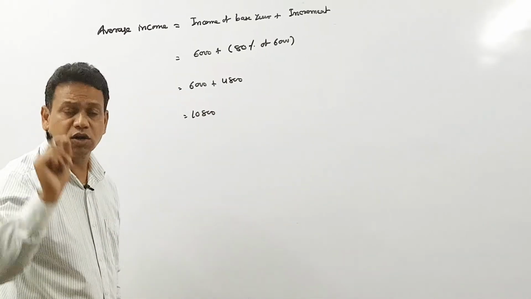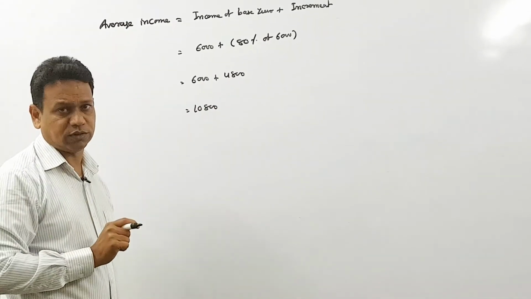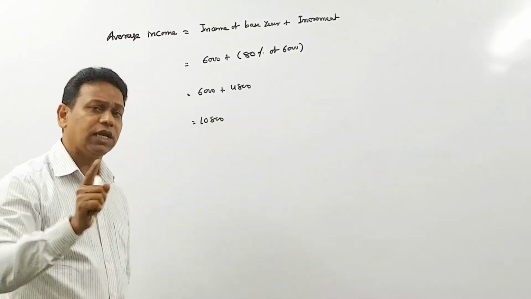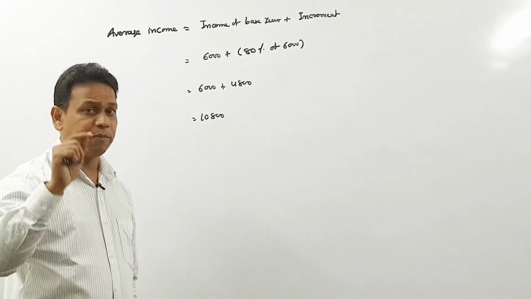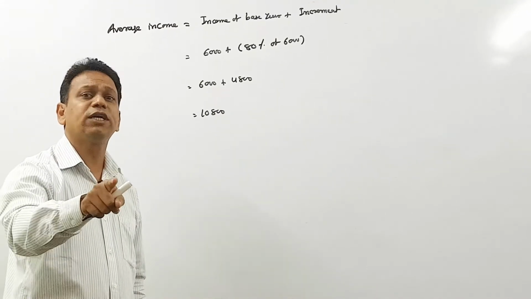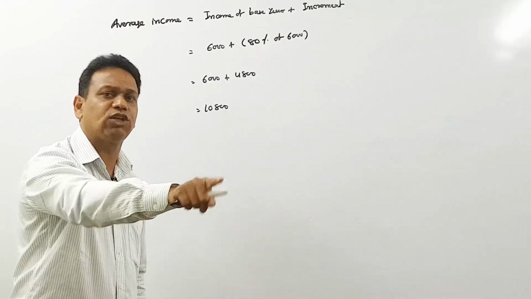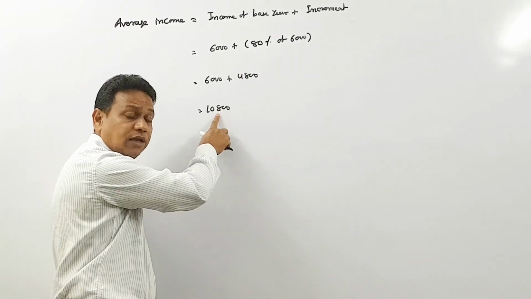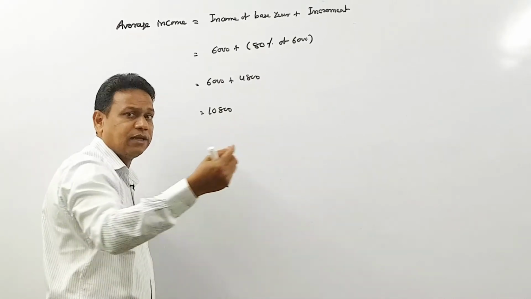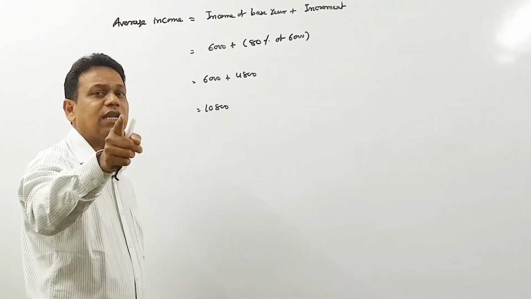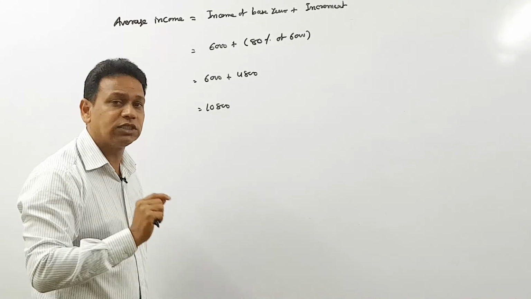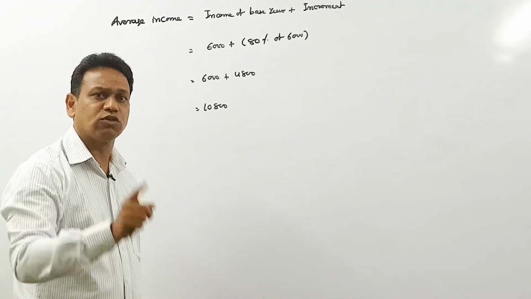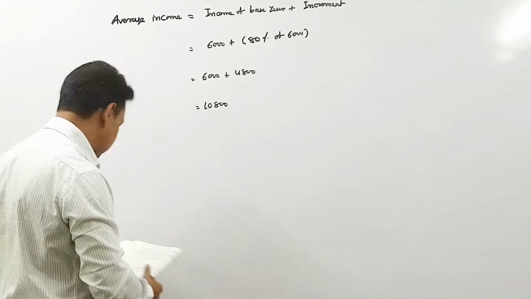That means according to our index number, our salary becomes 10,800, but how much are they paying? Earlier your salary was 6,000, now how much has it become? Now they are paying 8,000, but according to the index number, your salary must be 10,800. They are paying 8,000. It is very less. So your salary has actually decreased. How much is it? 10,800 minus 8,000 they are paying. That means 2,800 rupees decrease. So that is your answer.